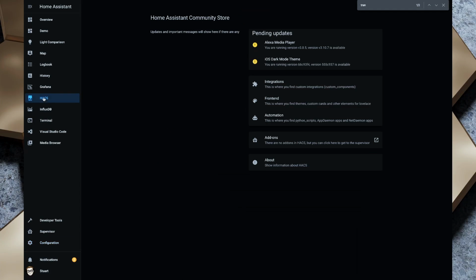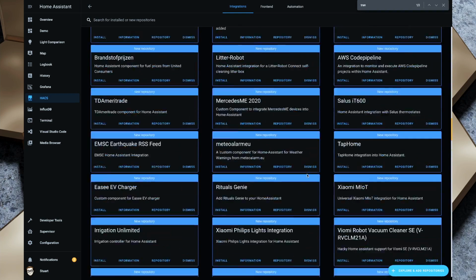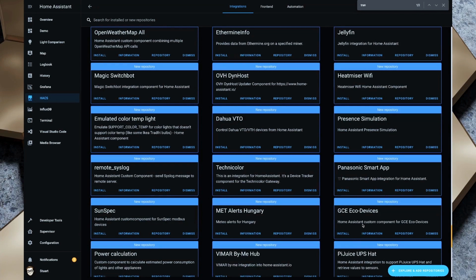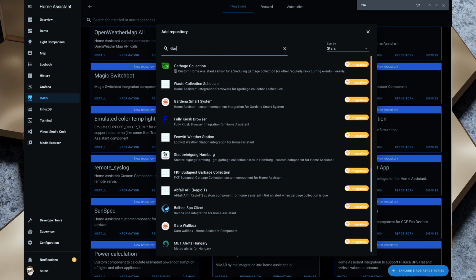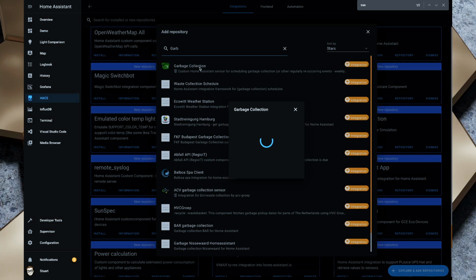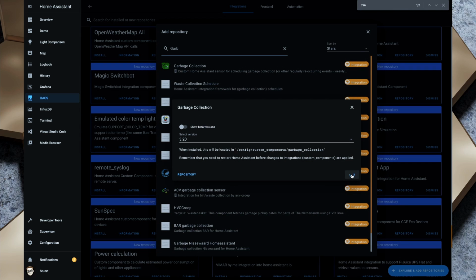If you want to use the Hacks add-in that I use, this is how we go to set it up. So we go to Hacks and we'll go to Integrations, and I'm going to go all the way down. There's a lot of stuff in here. I'm going to click on Explore and Add Repositories. I'm going to search for garbage. So we'll add garbage collection and click install this repository in Hacks, install,